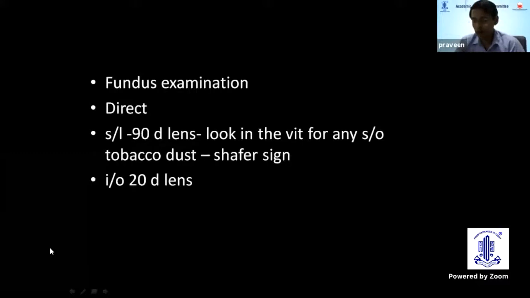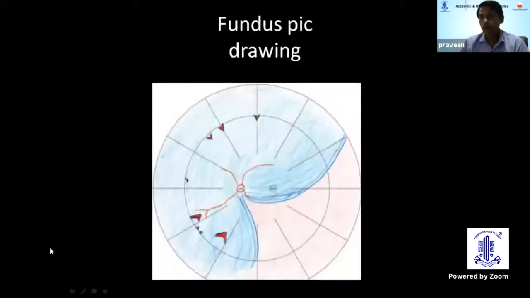When you are presenting, you have to tell it in the form of fundus examination. For fundus examination, you have to tell whether you are doing it with a direct ophthalmoscope, slit lamp 90D or indirect 20D. For direct ophthalmoscopy, you mention that you are looking at distant direct ophthalmoscopy, where you note whether you have seen a good glow or a dull glow. A dull glow itself suggests whether a cataract is there or whether some pathology is there in the retina.